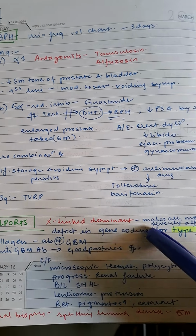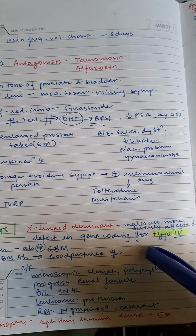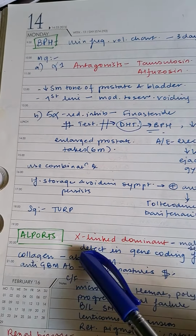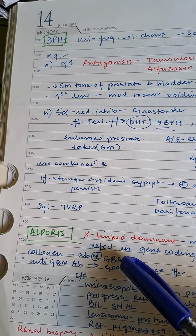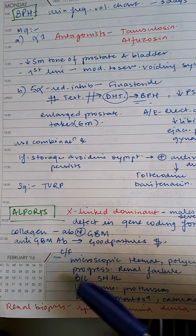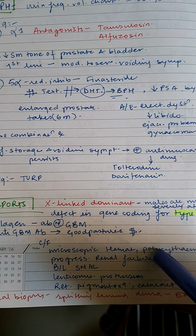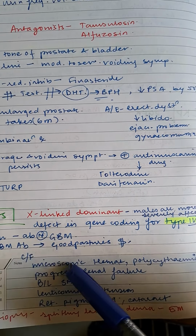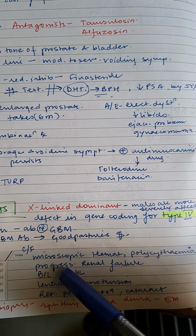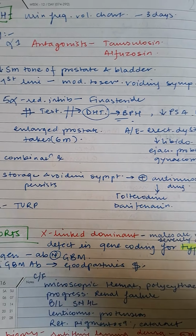Alport's: X-linked dominant, males are more severely affected. There is a defect in the gene coding for type 4 collagen, abnormal GBM, anti-GBM antibody, Goodpasture syndrome. Clinical features: microscopic hematuria and polycythemia. Progressive renal failure, bilateral sensorineural hearing loss, lenticonus, protrusion of